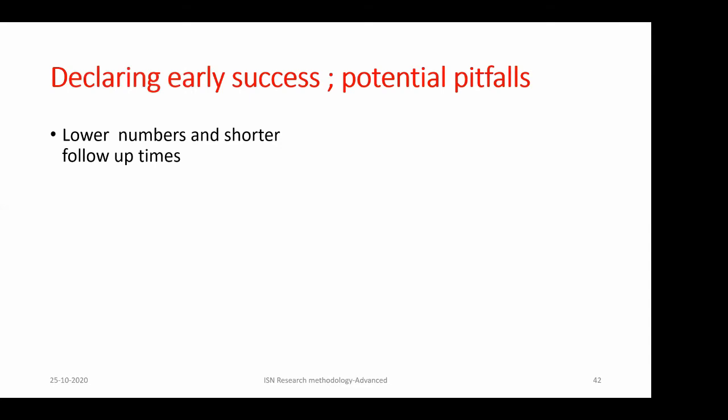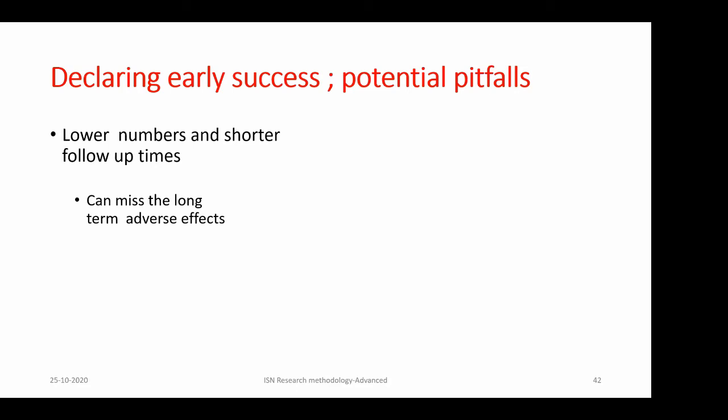Now there are problems with the potential declaration of early success. So early failure, again the harm is going to be less. The drug might be beneficial had the study been continued, but ultimately you are not going to harm people, you are just denying the drug. But if a potentially harmful drug is declared to be successful in the interim analysis, the number of patients who are going to get exposed to that drug, the potential harm is going to be much more.